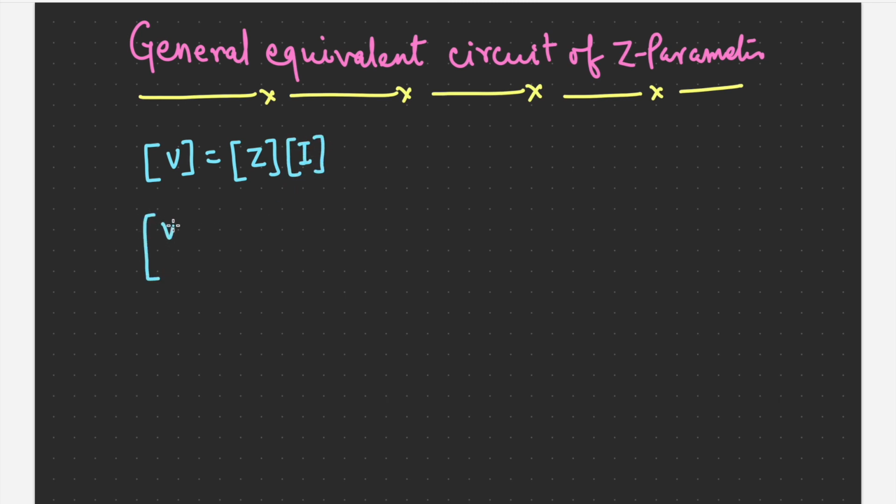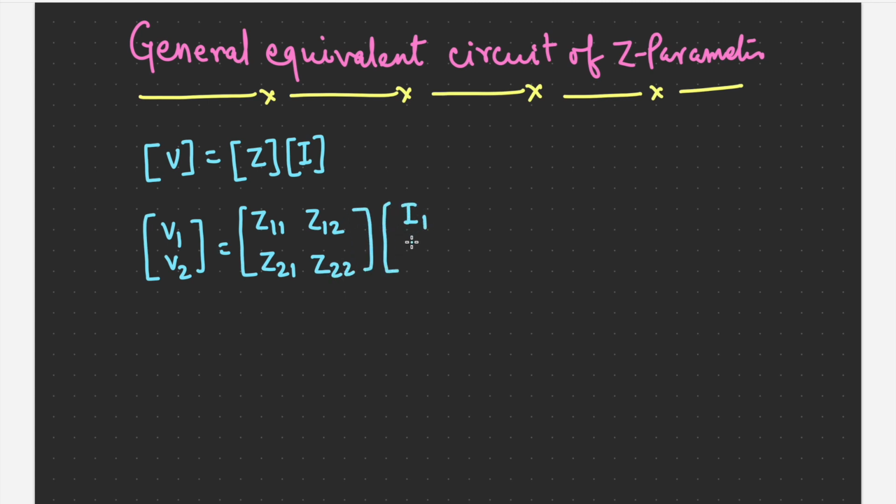So for a two-port network, this will become [V1 V2] equal to [Z11 Z12; Z21 Z22] multiplied by [I1 I2],